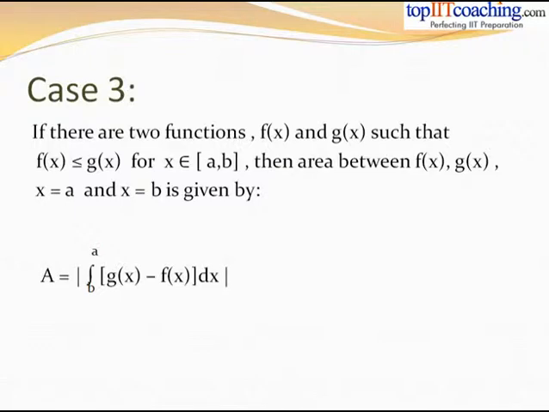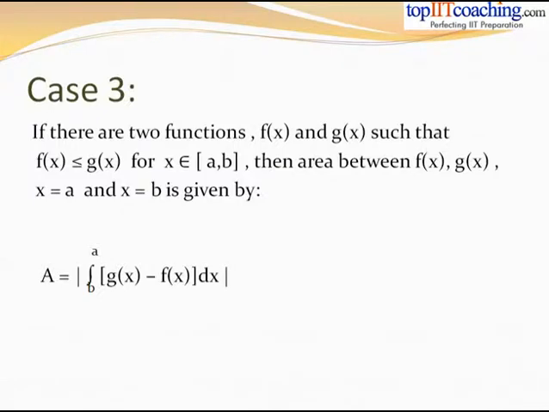Thus, if there are two functions f(x) and g(x) such that f(x) is less than or equal to g(x) for some interval a to b, then the area between f(x), g(x), the line x equal to a and the line x equal to b is given by A equal to modulus of integral of g(x) minus f(x) from b to a or from a to b. Thus we simply subtract these two functions, f(x) minus g(x) or g(x) minus f(x), and we integrate them from a